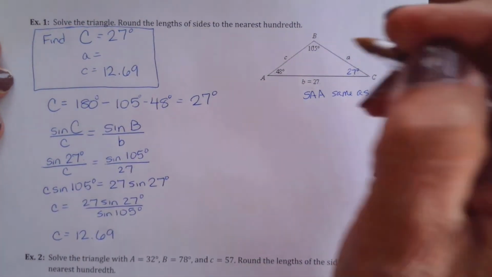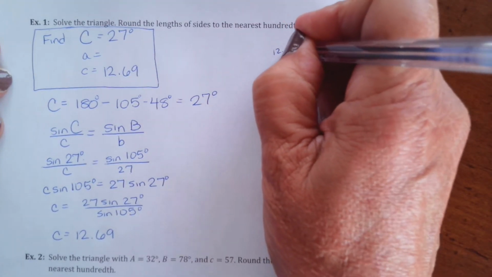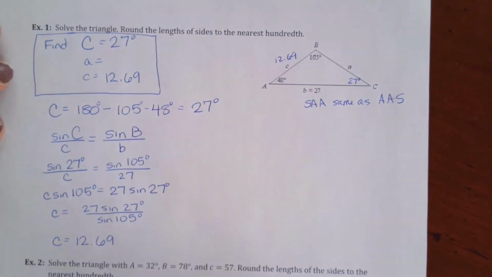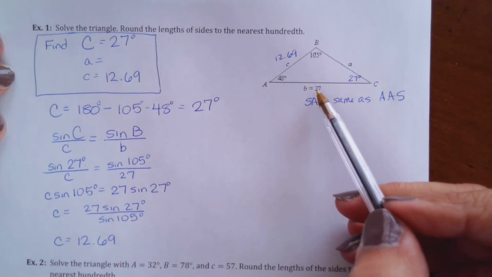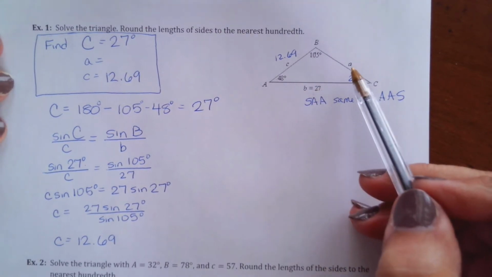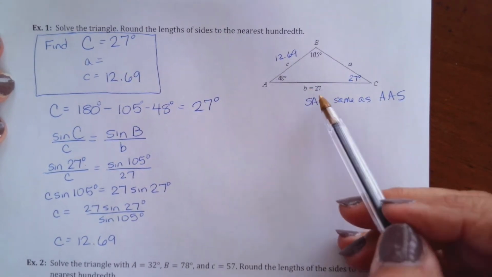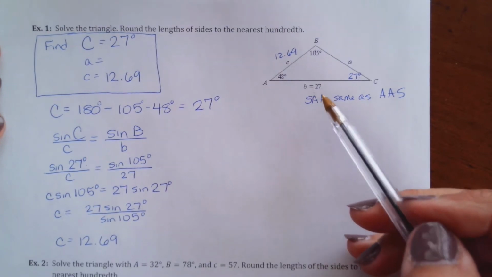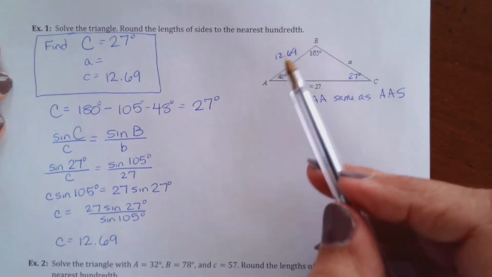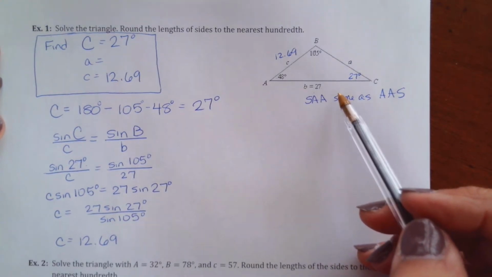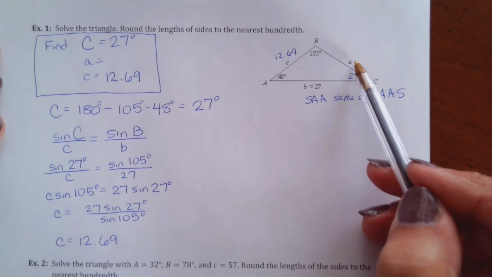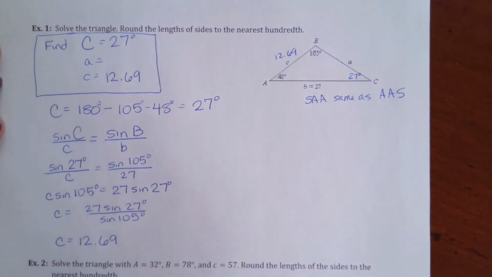Now that I know side C is 12.69, here's a very common mistake that some of you will make: you think since you have these two sides, you can do the Pythagorean theorem to find this. No, you cannot. Remember, the Pythagorean theorem is for right triangles. You've got to have a hypotenuse. This triangle does not have a hypotenuse because it doesn't have a right angle. Okay, so the only way that I can find side A is to do another one of these law of